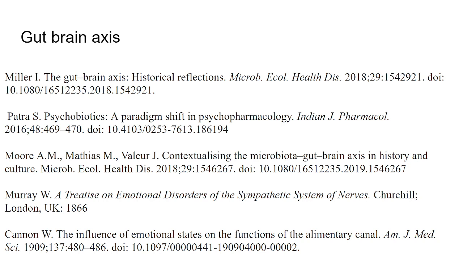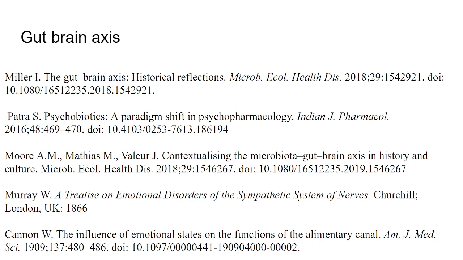And then onwards there are a lot of researchers. I have given you some references, if you are interested in studying or reading about this. Certain of these references may be old and some new, which are quite important and contain a lot of details about this idea of a relationship between the gut and the brain. Those who are interested may read these articles. Going into the summary of these articles is beyond the purview of what we can discuss in our 1 hour class. So I will just leave that part.